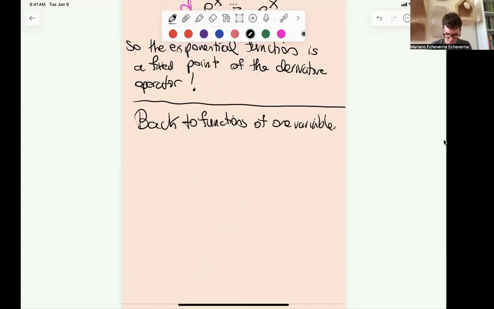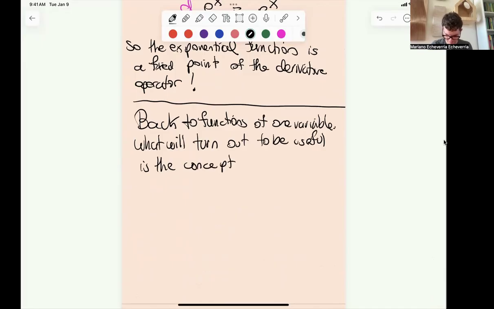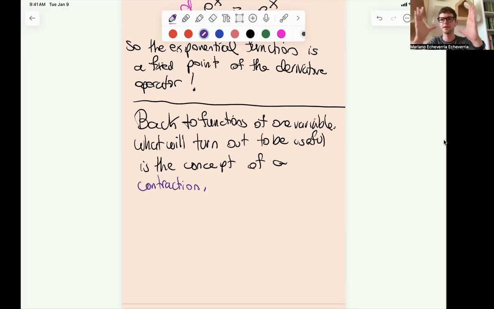So what will turn out to be useful is the concept of a contraction. A contraction means what the name says, right? When you contract something, that means you're shrinking it. A contraction is something that shrinks. So I'll give you a definition of what I mean by a function being a contraction. So the definition is